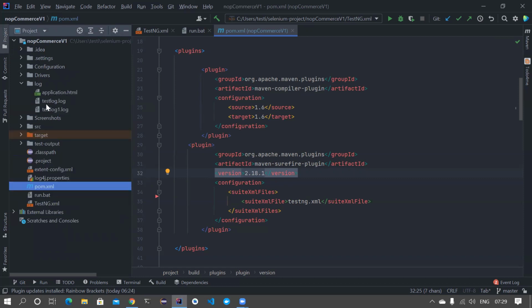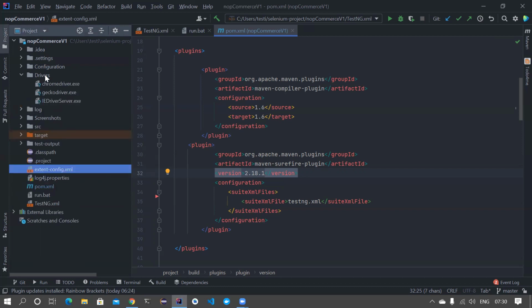They also seem to use log4j. I'm not a big fan of log4j because, if you notice, they already have external reports. So why do you need log4j? If you really use log4j for debugging issues, then why do you need external reports? You cannot have multiple reports. When you add log4j, you introduce a lot of layers into the framework. I'm not a big fan of using log4j inside a test automation framework. You may have a different view, but this is just my personal preference. I try to log all the issues within the external report itself, right?